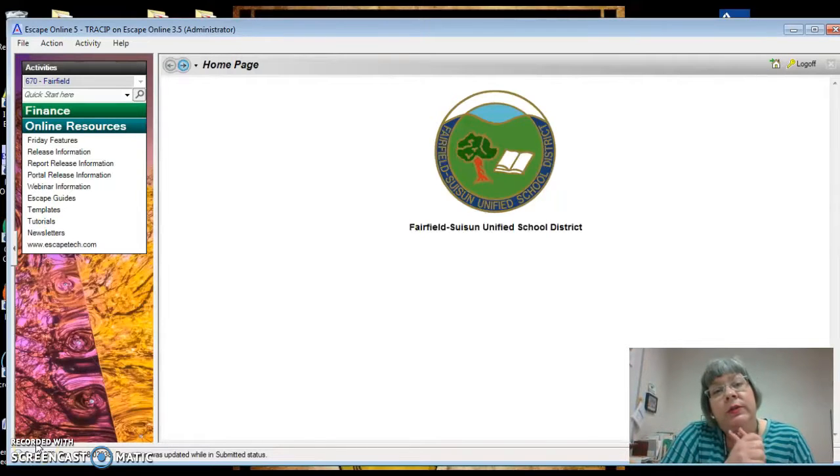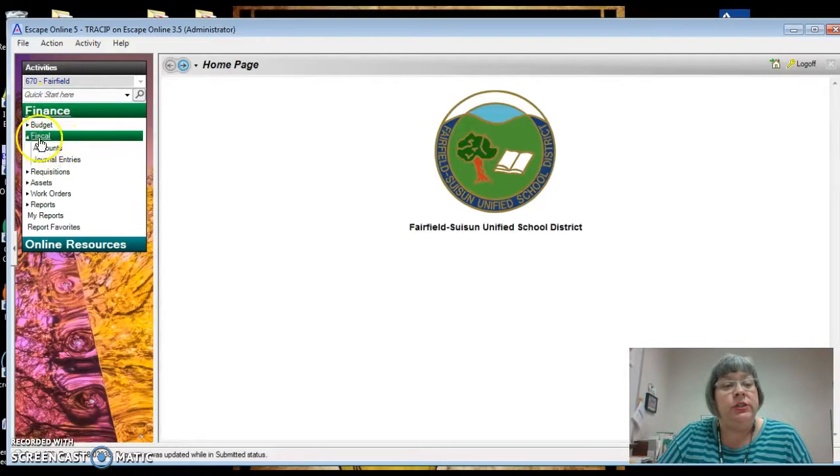Hello, I thought I would just show you a quick walkthrough of how to go in and look at your accounts and see everything you've spent and how much money you have left in all of your accounts. It's like an account check. So the first thing you do is you log into Escape, then you go to Finance, then you go to